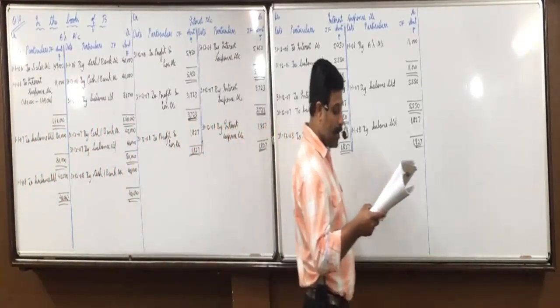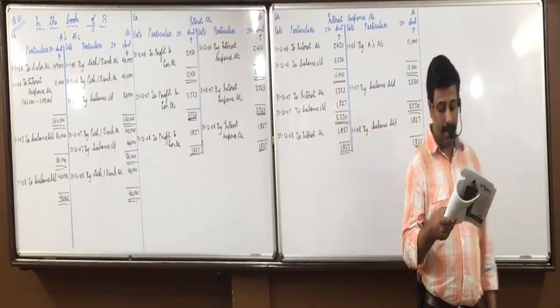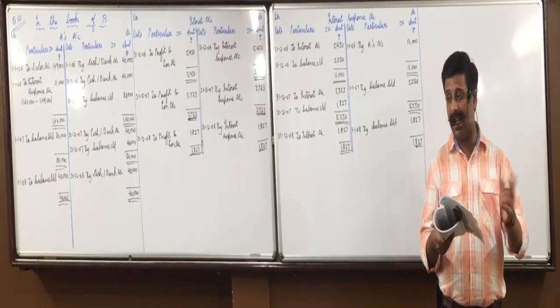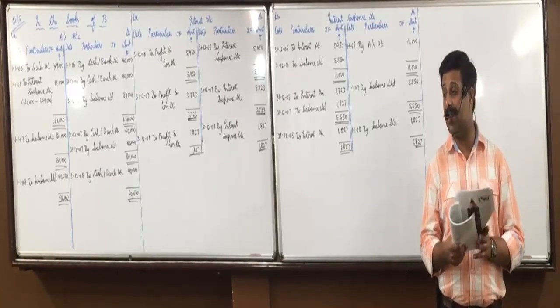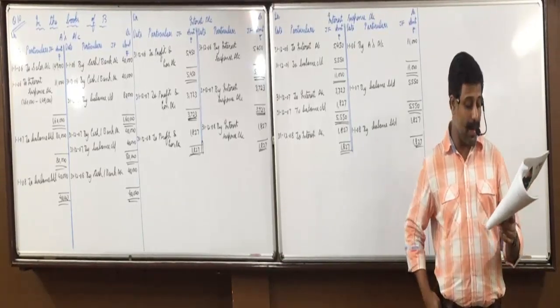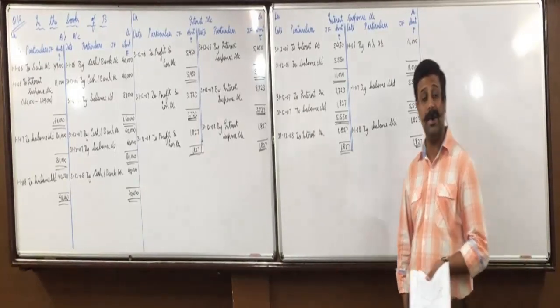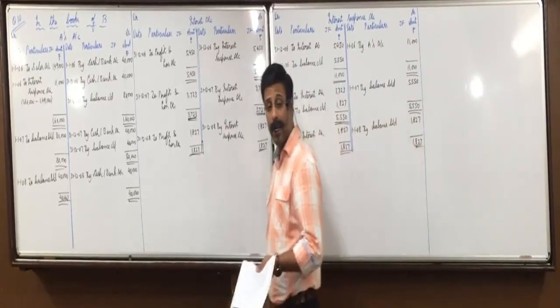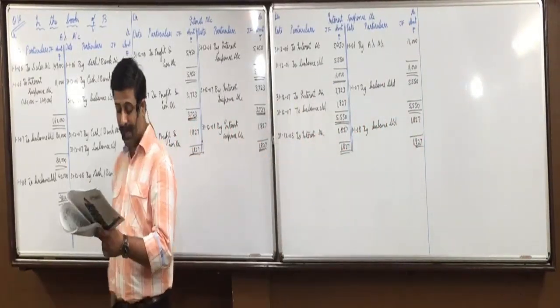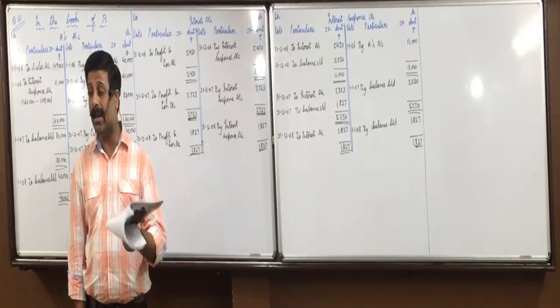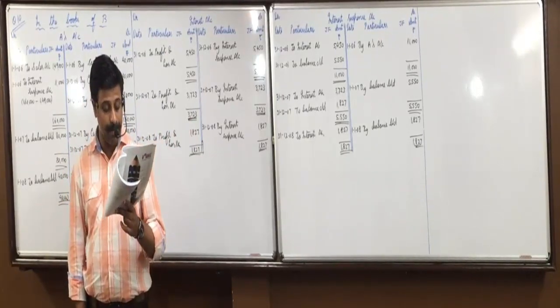Relationship. In hire purchase, it is the person giving the asset on hire and the person taking it on hire. In short, it's like landlord and tenant. And in installment purchase system, creditor and debtor. There the relationship is like you have sold on credit, creditor and debtor. This can come in MCQ. In installment purchase system, the relationship of buyer and seller is that of a creditor and debtor.